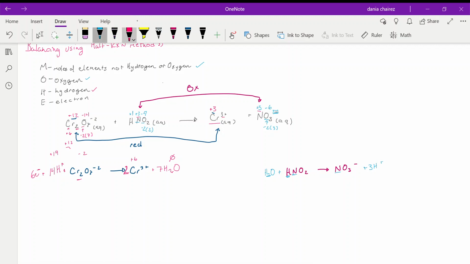So then let's look at our other thing, our oxidation half. On this side, we have an overall charge of 0 on our reactants because both of them are in their stable states. So we have an overall charge of 0. And now on our